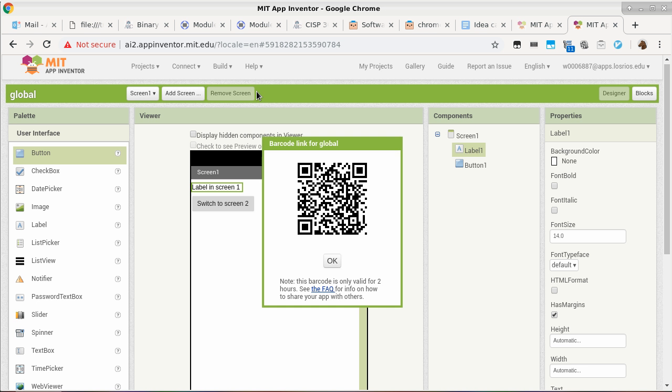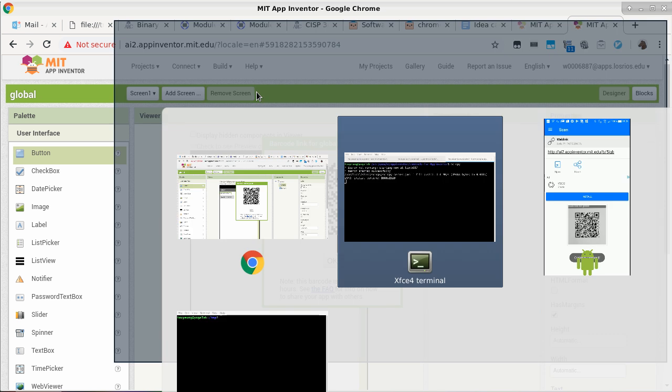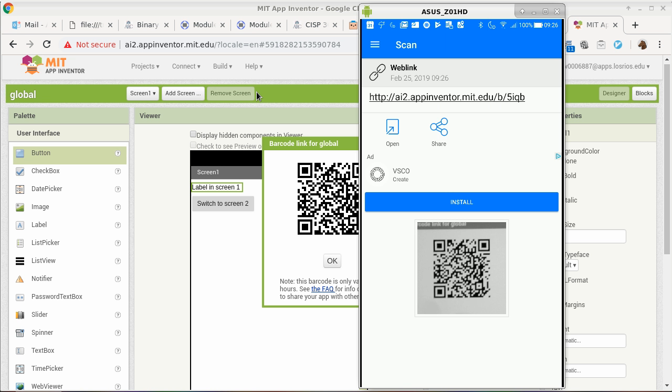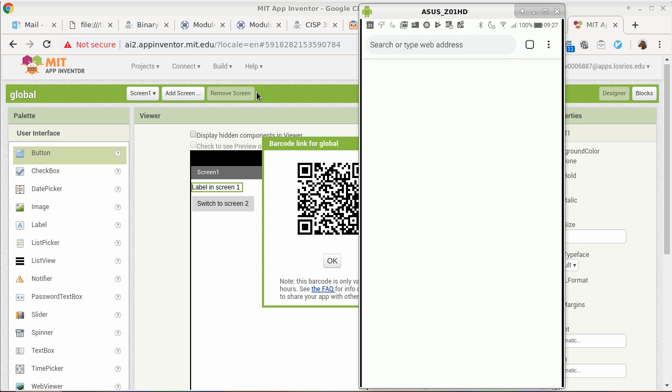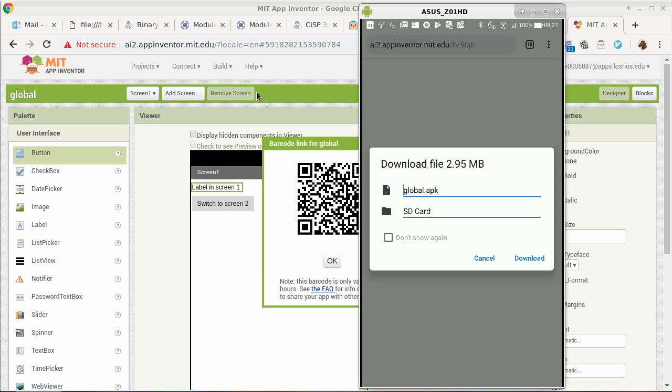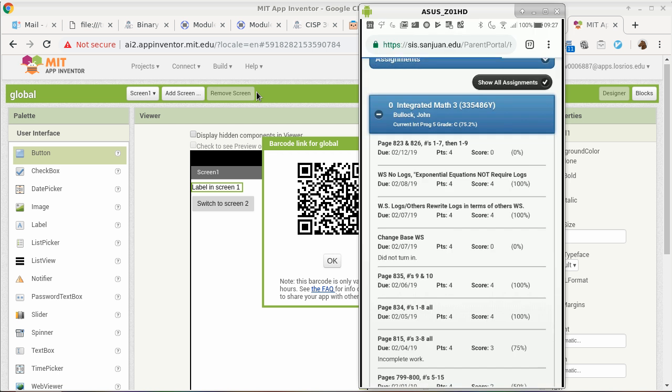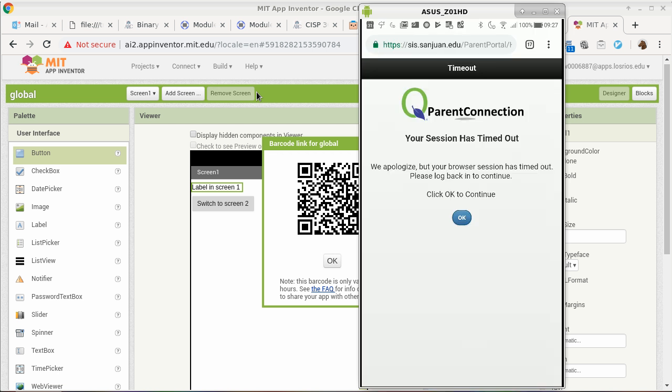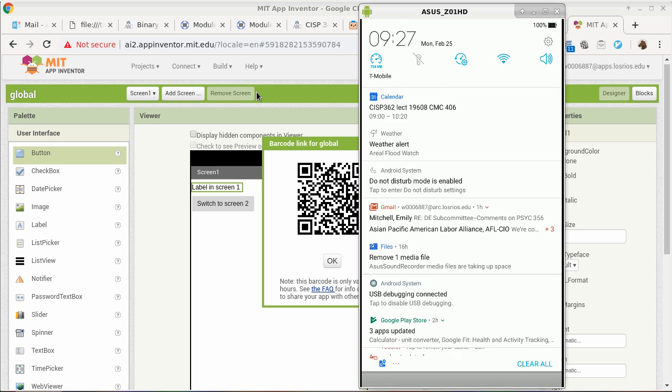Yeah, so now it displays a QR code. My phone has scanned it, and I'll show you what it looks like on my phone too. So the QR code is basically just a bitmap that contains information that in this case eventually becomes a URL. So if I click on the URL and say open, then it should bring me to that resource, and it's asking me whether I want to download the APK, and I click download. The APK is now downloaded, and I need to find out where it put it.